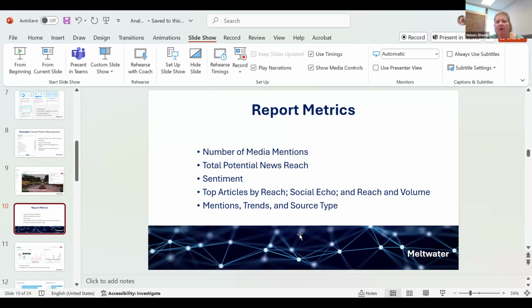Reach and volume together is the number of eyeballs that might have seen it, and the volume is the number of different platforms or mentions, different places that your story was mentioned. And then you can break it down again to specific mentions, trends, and source type as far as which media are actually sharing your news.